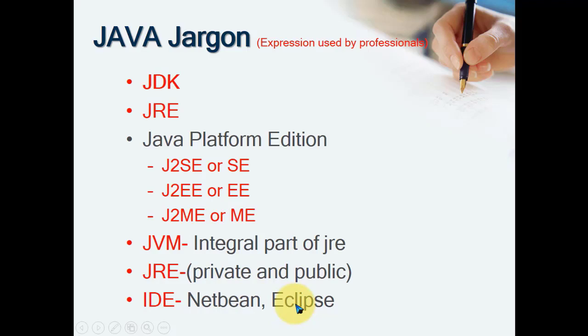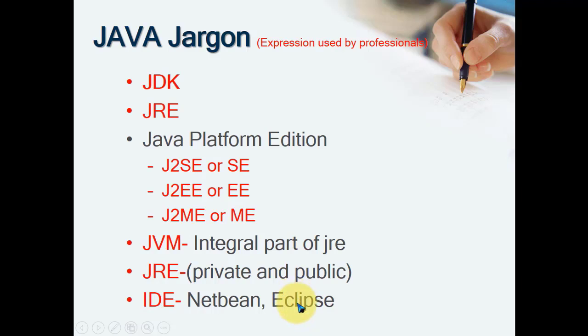So for Java programs, we will prefer Eclipse from the first programs. Maybe in the next week we will start the actual programs. So we will see how to install Eclipse and then we start the programs using Eclipse. NetBeans we will not prefer. Both IDEs are similar but not the same. NetBeans is a little bit slow. Eclipse is good, easy to use, and industry demands Eclipse. That's why we will prefer Eclipse.